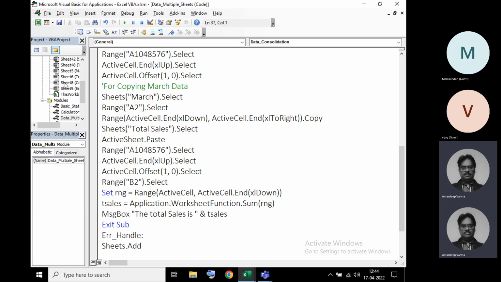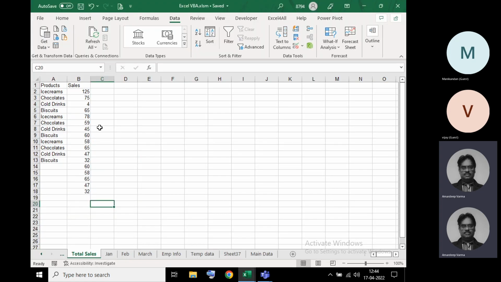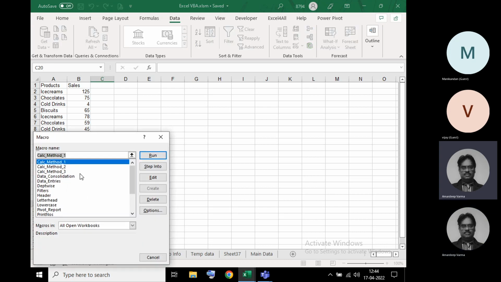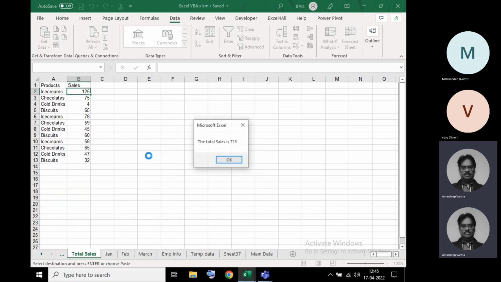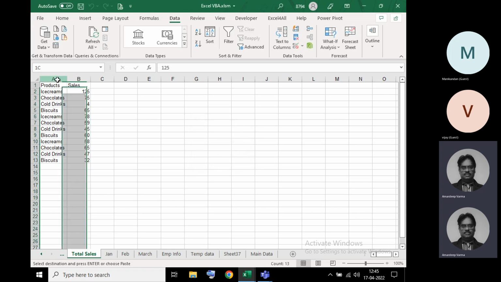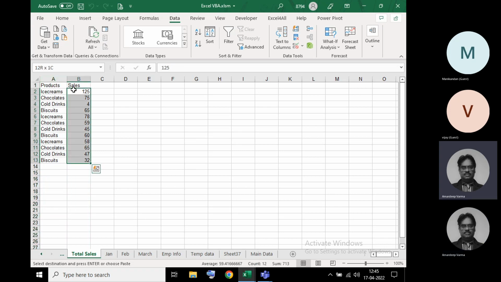Okay. Now let us see. I'll run it. So it says the total sales is 713. We can cross check it. You can see